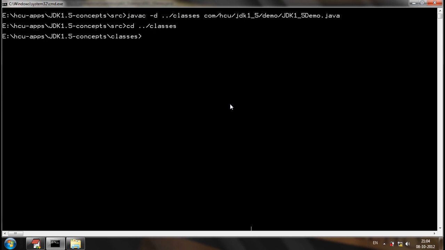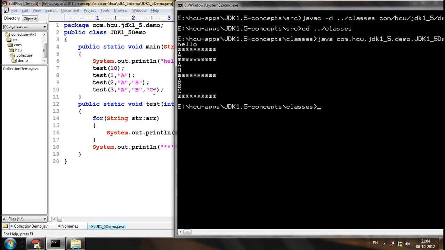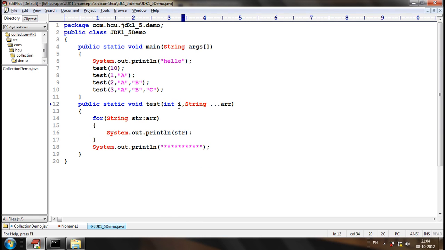Just compile, go to the classes, execute the application. So, if the varargs is the second argument, then we should provide the value for the first argument definitely, and as for the second argument, we may or may not provide the values for varargs. Understood? Definitely the first argument should be integer, and from the second argument onwards, we can put any number of strings. That's our wish. Understood?